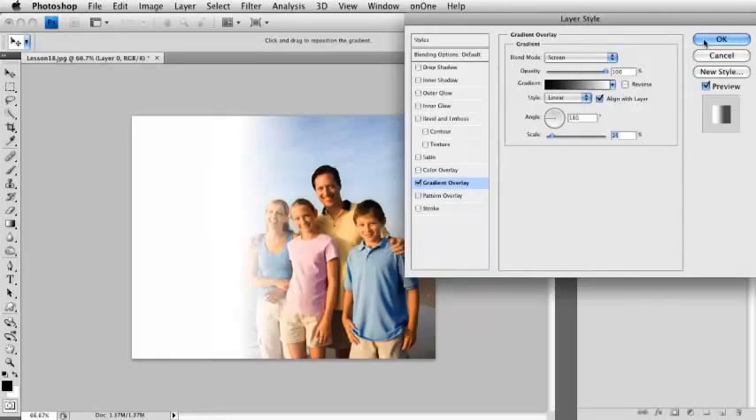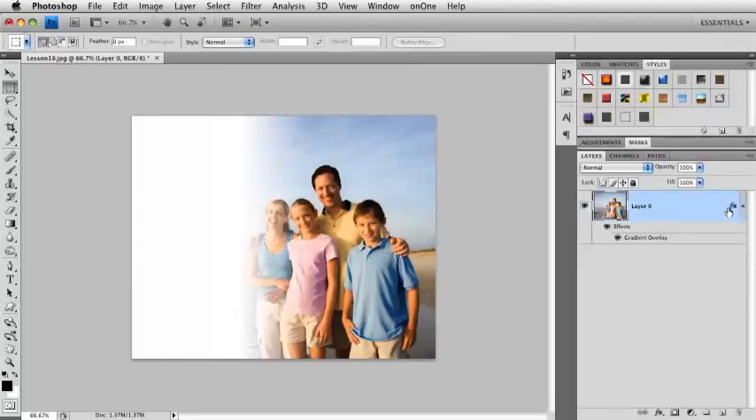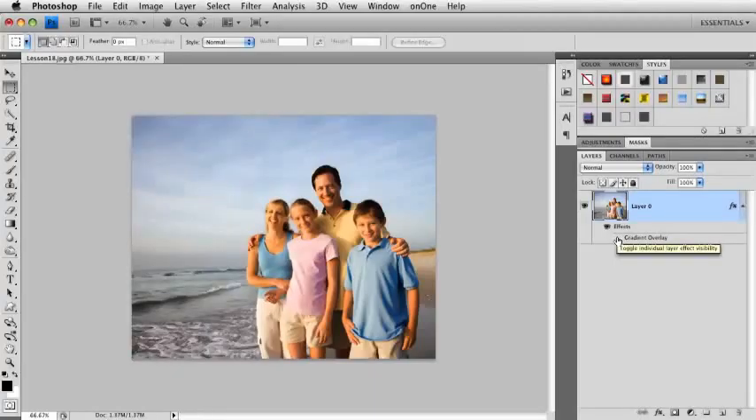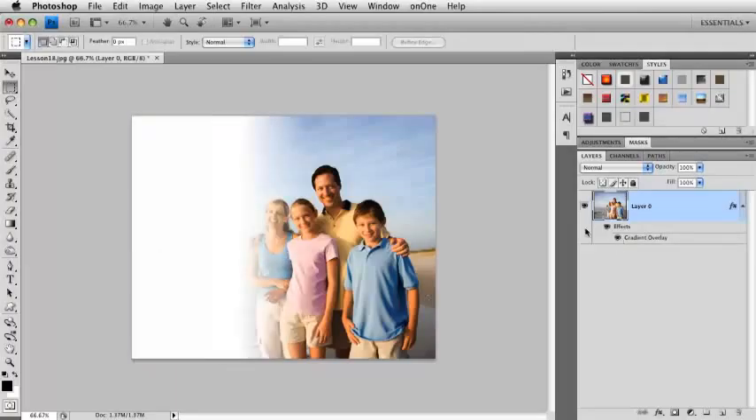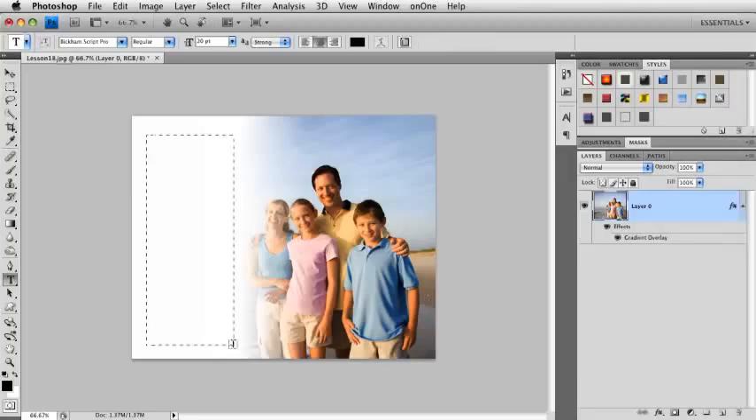Alright, I'm going to click OK. You'll see that it puts that little F icon. That's your indication that there's a layer style attached to the layer. If I turn the eyeball on and off, I can see it's still attached to the layer, but I can hide it if I want to. What we're going to do here is just put some text. Come up here and I'll just type in